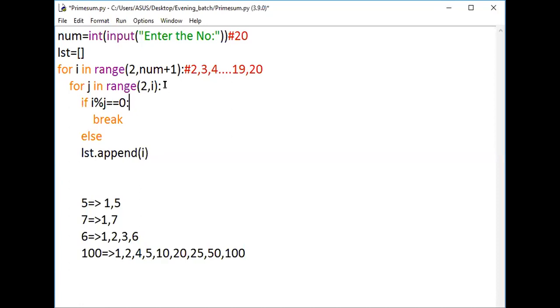What is the condition we are checking? We know that a prime number has 2 factors, the factor 1 and the given number. So in this loop, I'm not including 1, since I'm starting with 2. If I take a value like 5, you can notice that in this loop I'm starting from 2 and going only till 4. I'm not including the given number. If n is 5, I'm starting from 2 and going only till 4, not including 1 and 5 here.